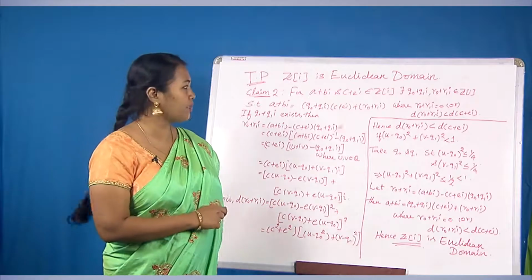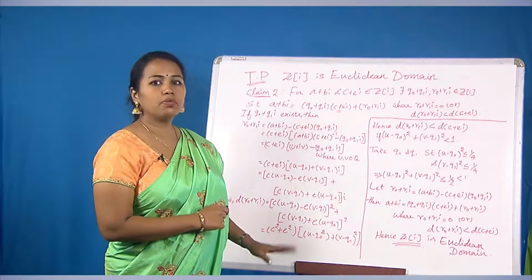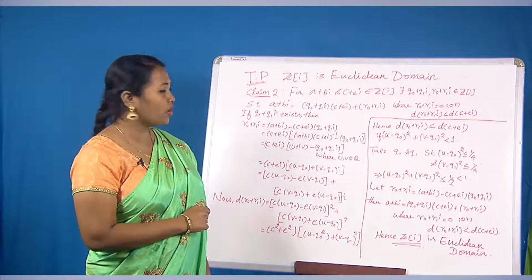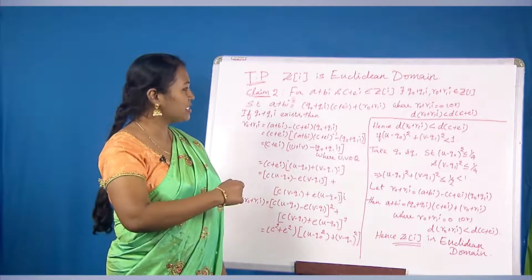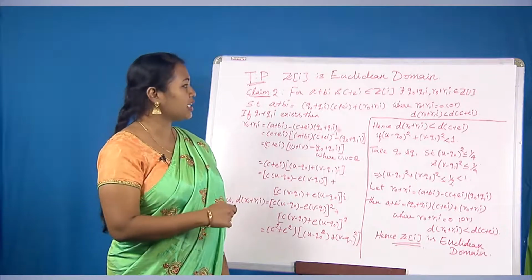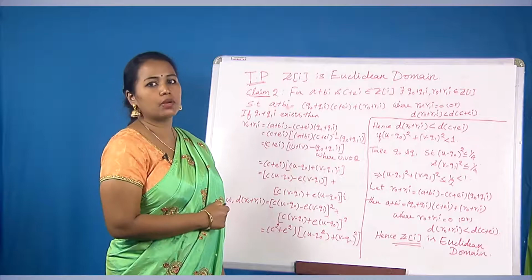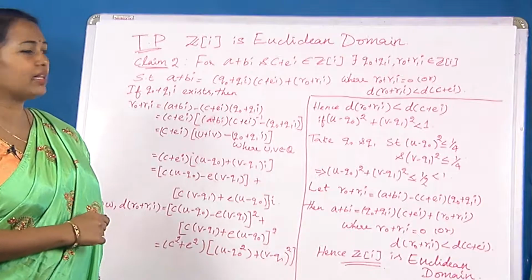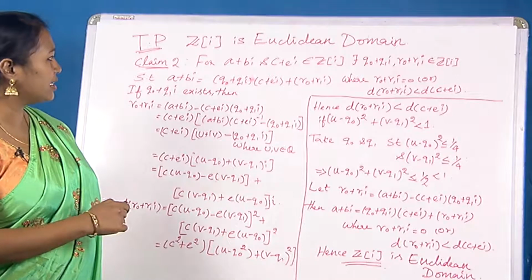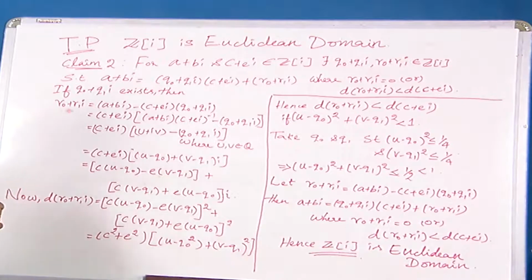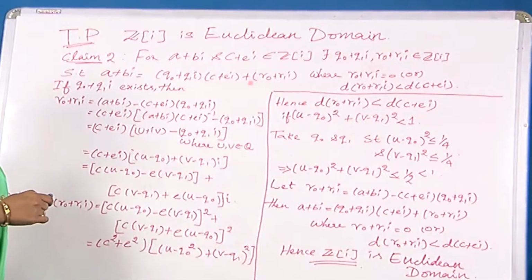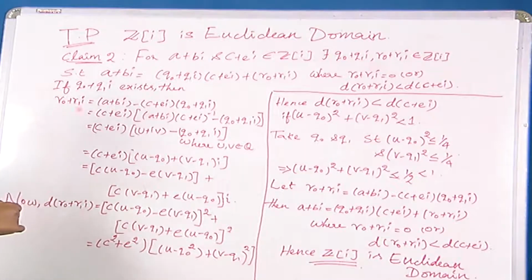Now, for this particular proof we will be going in a different way. Let us assume that this q0 plus q1 I already exists. There is going to be some kind of reverse engineering that will be done here. So, we will start from the backwards and then try to find out how this q0 and q1 will behave. So, first we assume that such a q0 plus q1 I already exists, that is our first assumption, and then we are going to talk about r0 plus r1 I. So, based on this, r0 plus r1 I will be of this form. So, we are taking A plus Bi minus, so we are bringing this on the left hand side.